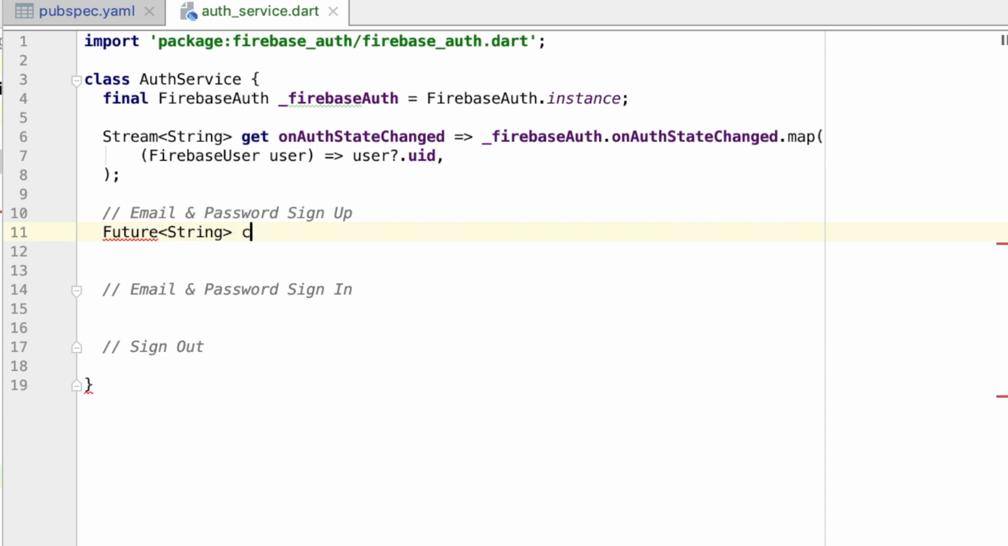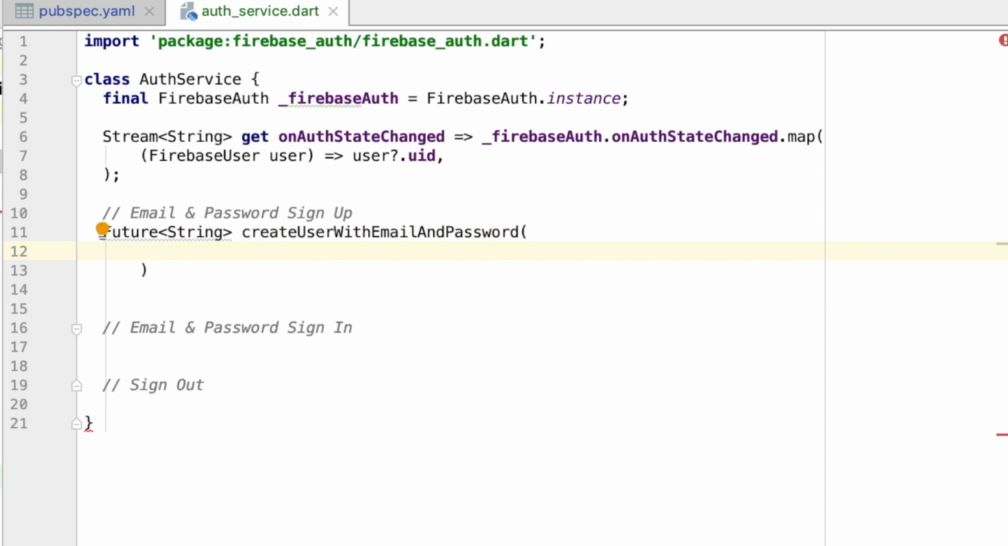UIDs of these users. So we're going to call this create user with email and password, and that's actually already a built-in method with Firebase. So we're kind of overriding, or using what Firebase Auth already has, and we're just going to keep those names. Create user with email and password. All right. Now in here, we're going to,